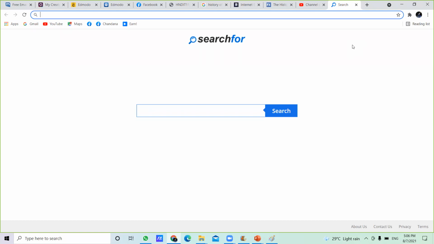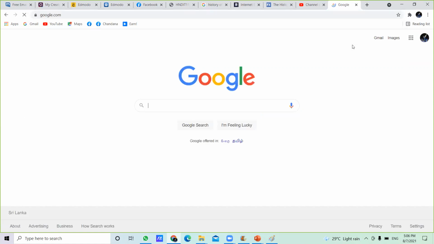Right. First go to your computer. Go to the Google search. First, load the Google search. Once you get the Google screen there, then type Edmodo.